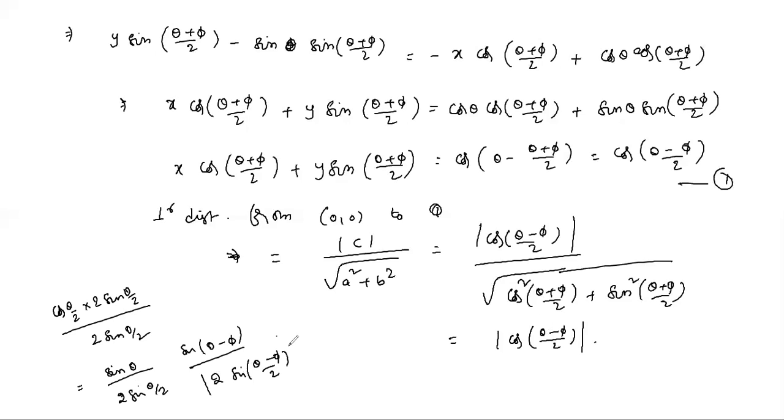So can you explain that again? Which one? The last step which you wrote, the cos theta by 2 into... This one, okay. No. Cos theta minus pi by one on the left side. We have only cos theta by 2. Okay. Yes, sir. We just multiply with 2 sin theta by 2, denominator also the same, 2 sin theta by 2.